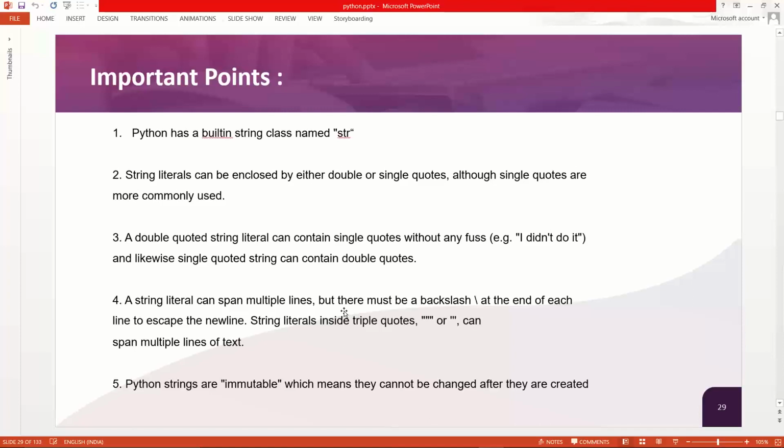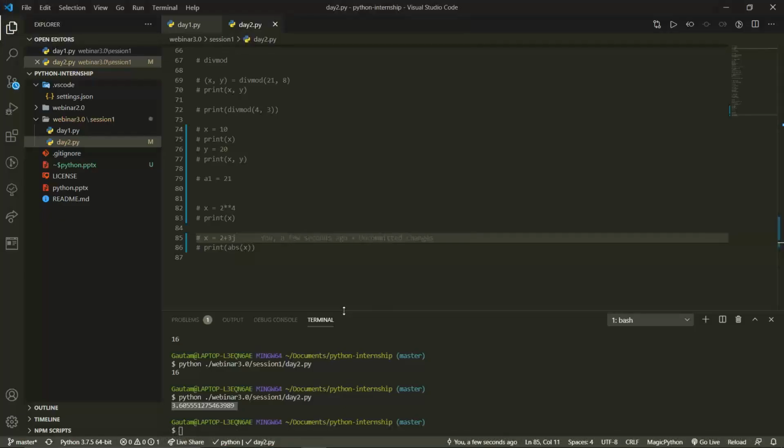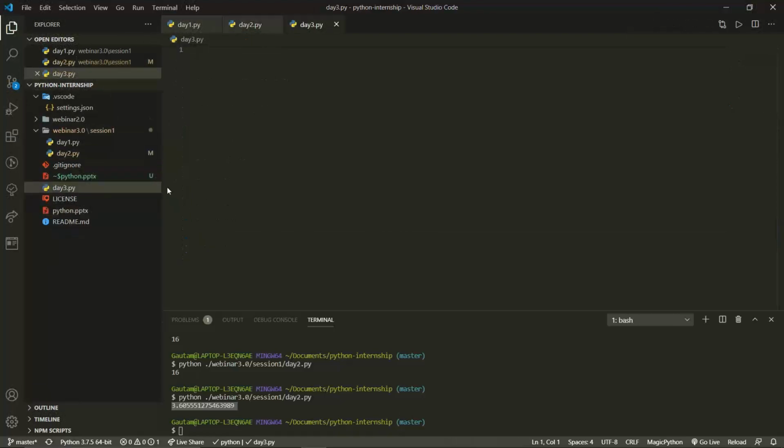I mentioned that if we write anything, let us prove this. So for this, I will just create a day3 over here. Okay, I created a day3 and it went somewhere over here, so I will just move it down.